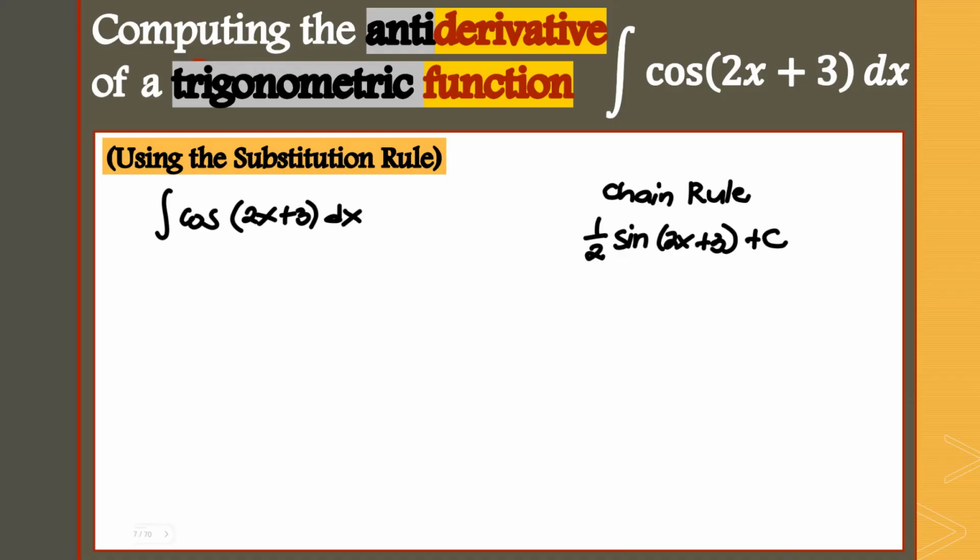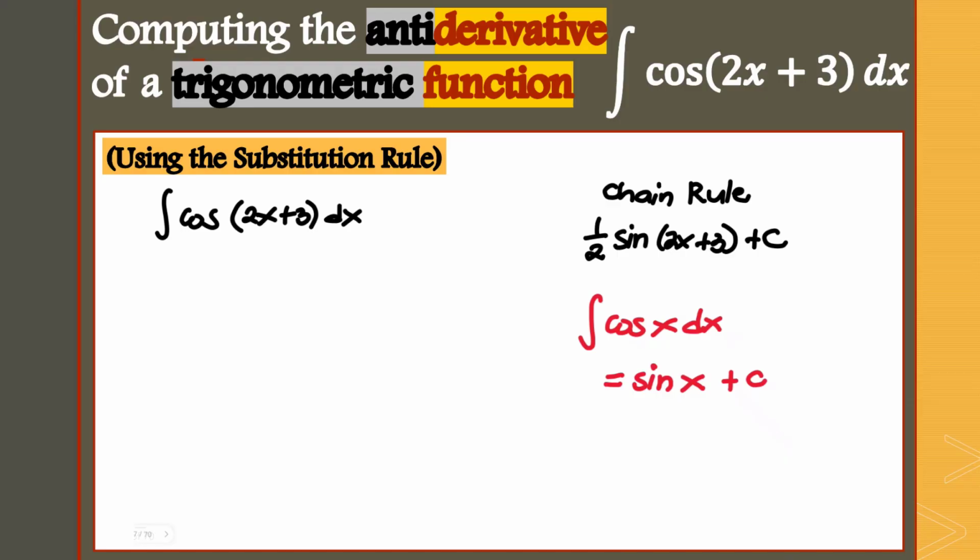This time, using the substitution rule, let's try to verify whether the answer in the previous video, please try to review that as well, is the same and whether it's correct or not. Obviously, we'll be using here the rule for the antiderivative of cosine. The antiderivative of cosine x dx, when the angle is just x, is equal to positive sine x